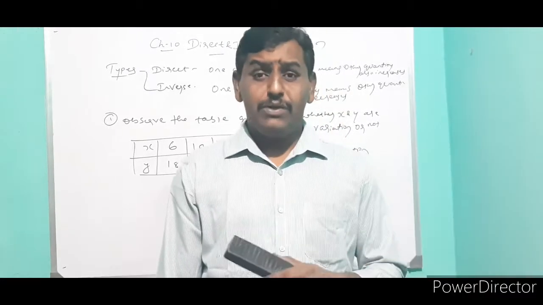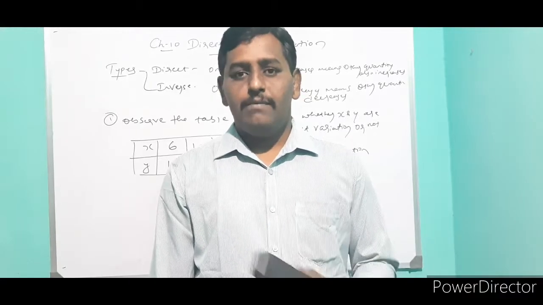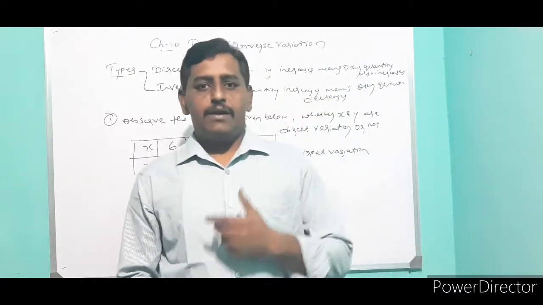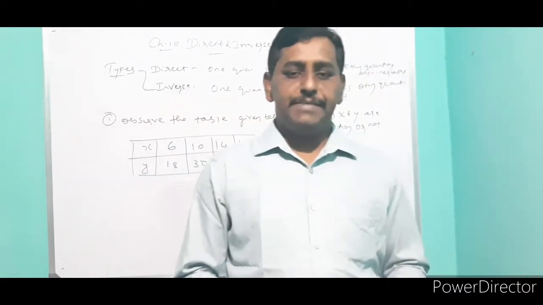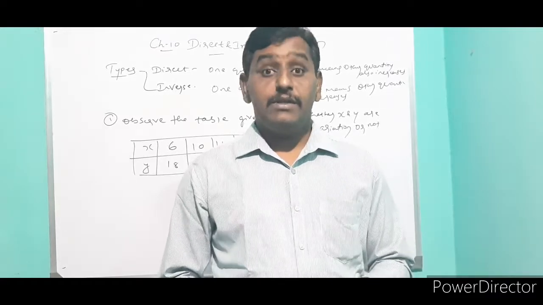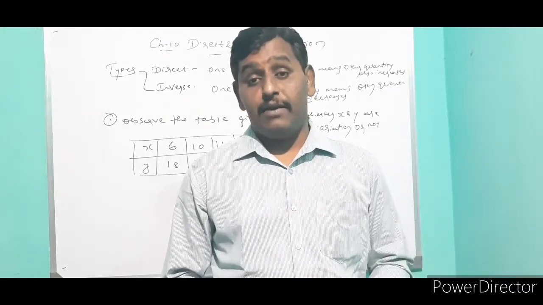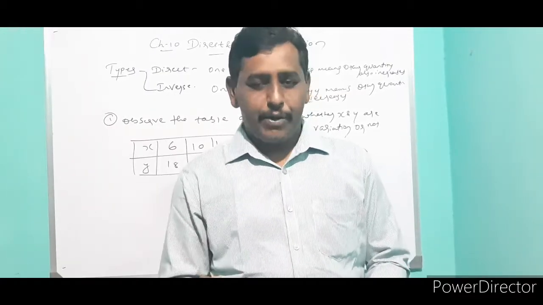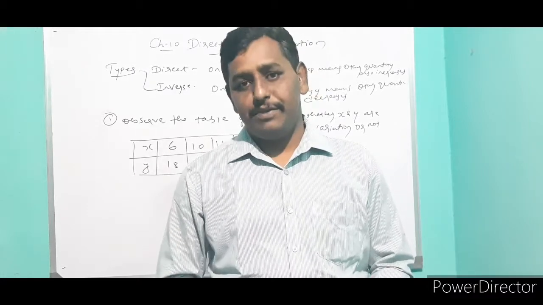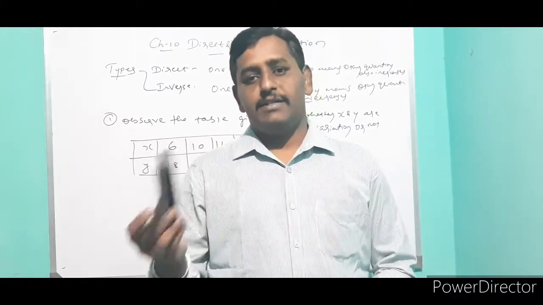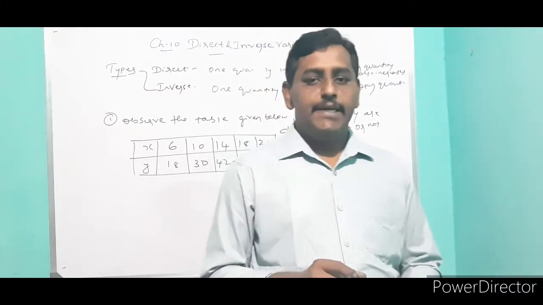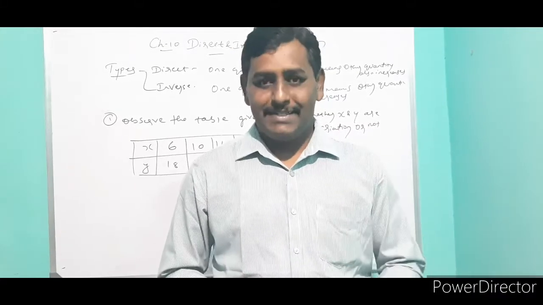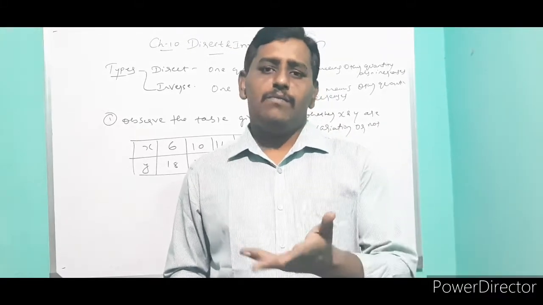And if you buy more articles, you will pay more cost. For example, if one article costs 10 rupees, then for 10 articles you have to pay 100 rupees. So one quantity increases, and the other quantity also increases. Similarly in the bank, if you put more money, you will get more interest.